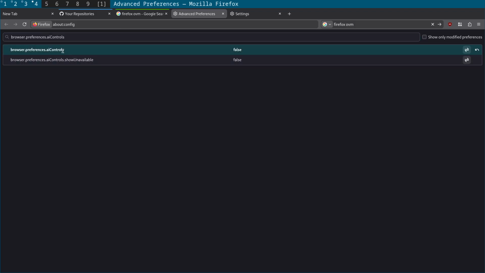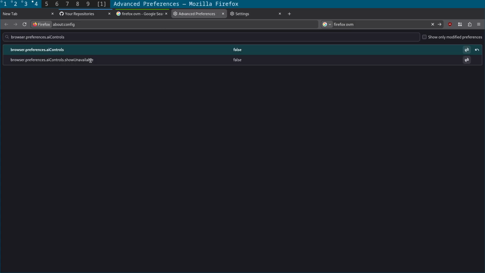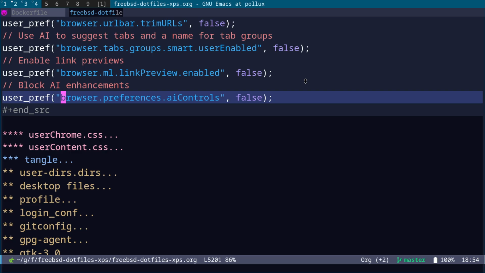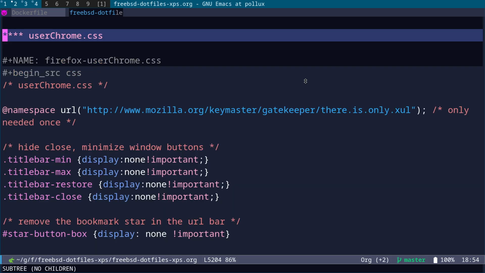Okay, and you can see that's false. By default, it's true, and what happens is you get the AI controls thing come up. So that option, basically, you put that into Firefox and set it to false, it totally disables all the AI stuff. And basically the gist of this is you also have stuff like userChrome,